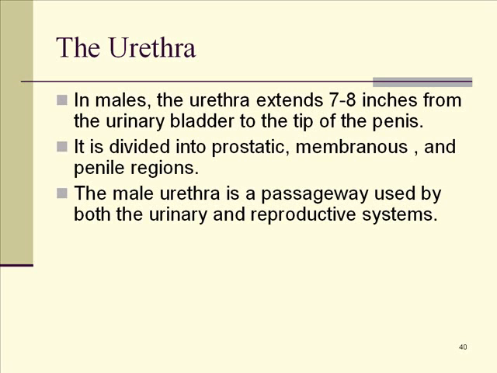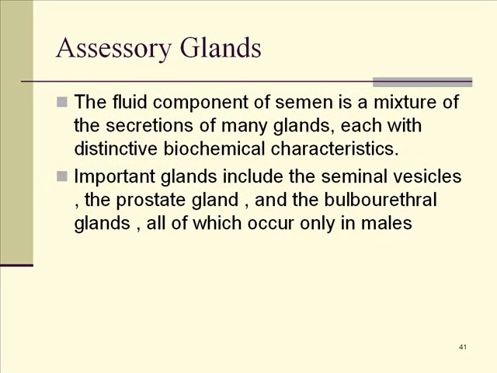The urethra extends about 7 to 8 inches from the urinary bladder to the tip of the penis. It is divided into prostatic, membranous, and penile regions. The male urethra is the passageway used commonly by both the urinary and the reproductive systems. Accessory glands include the prostate gland, the bulbourethral gland, and the seminal vesicles. The fluid components of semen are a mixture of secretions from each of these glands, each of which has specific chemical characteristics that provide additional support for the maturing sperm and the mobility of the sperm. Important glands, again: prostate gland, bulbourethral gland,